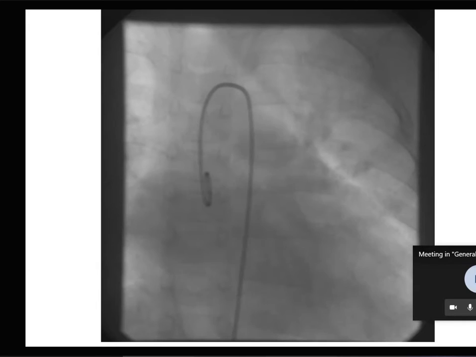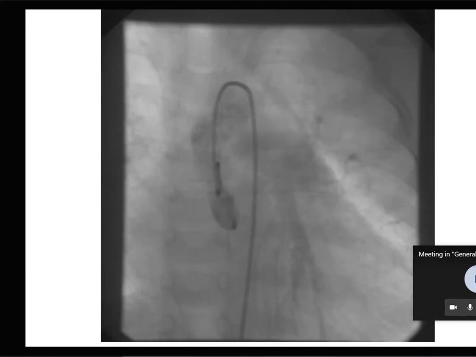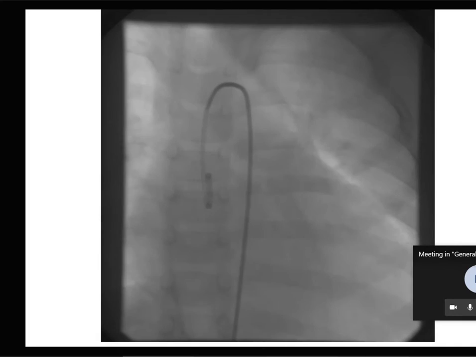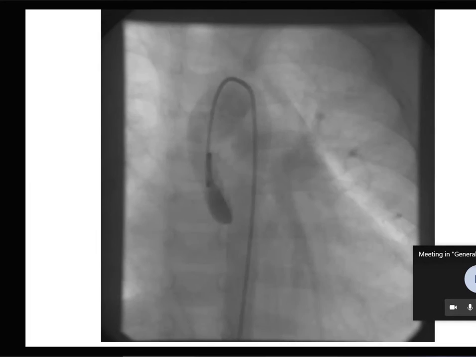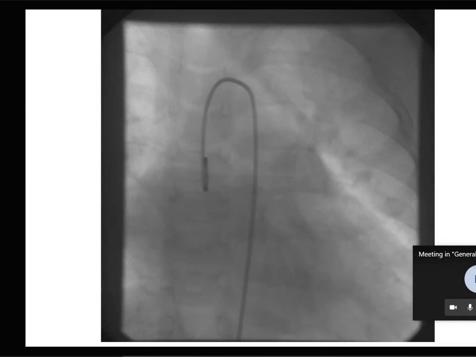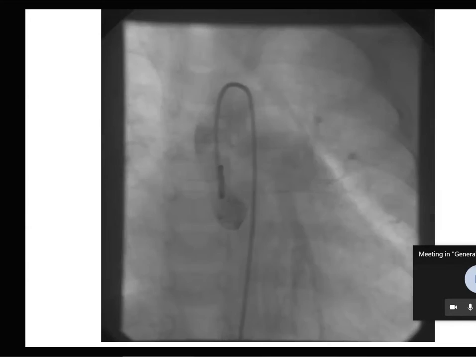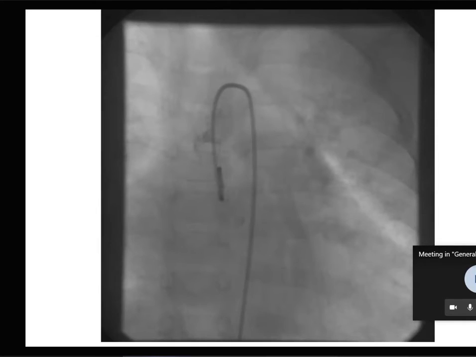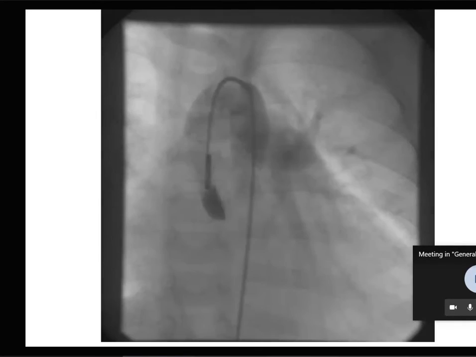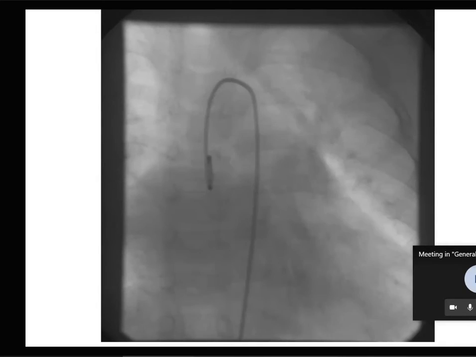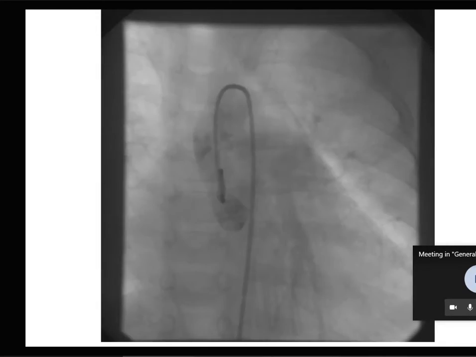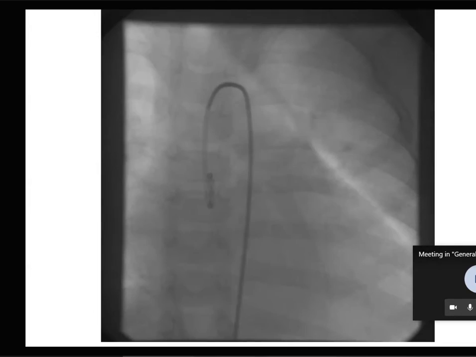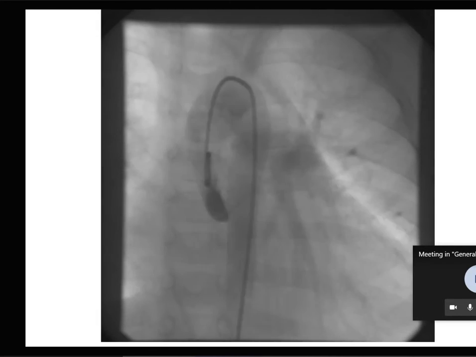When aortic root injection fills the pulmonary artery, what are the possibilities? Sir, one is AP window. Commonest is which one? PDA. Second is? AP window. Third is? Truncus arteriosus. So how will you differentiate truncus from AP window? Truncus will have a single valve. Single trunk, single valve will be present in truncus.